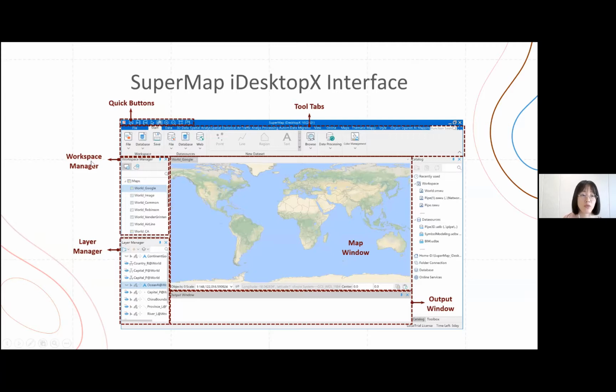But for the data sets, you can only see their names in Workspace Manager. If you want to visualize them, simply double click on them, and then they will be opened in this map window. So the map window is where we can see the visualized data sets. And when we are visualizing those data sets, there are three things we mostly care about. First is which data sets are visualized in this window? The second is what are the orders of all the data sets visualized? And the third is how each of them is visualized. And all of these three things are controlled by